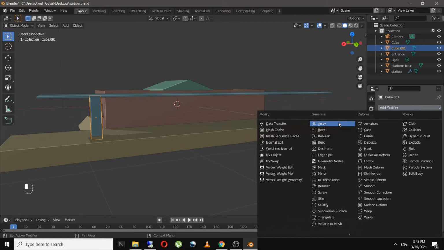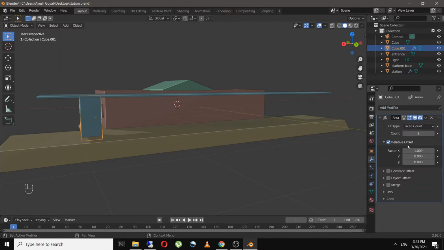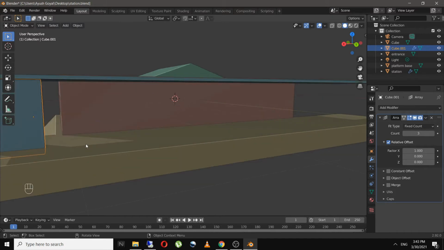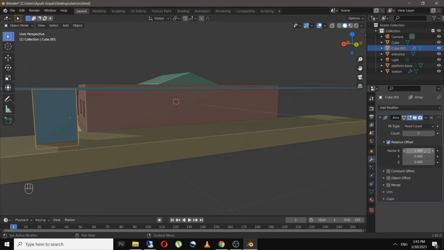As you can see, another pillar has been added over here in x-axis. I'll increase the count to 3, and this is going in the positive x direction. So I will change this to -1 and increase the direction just like this.